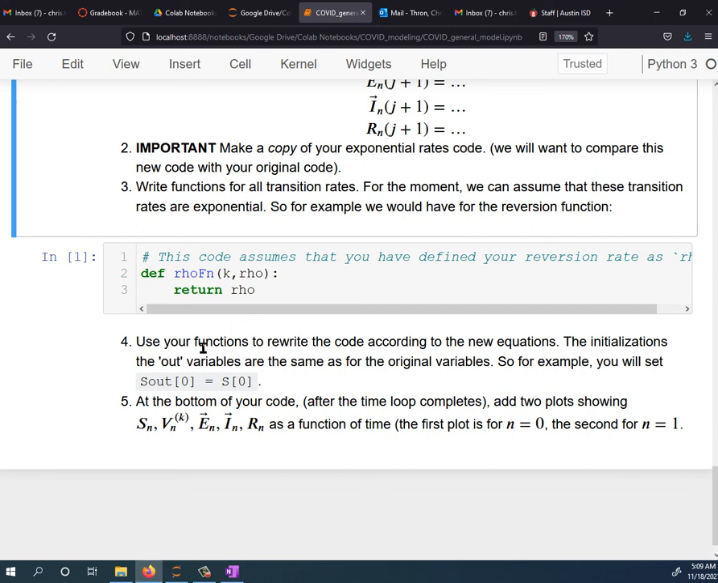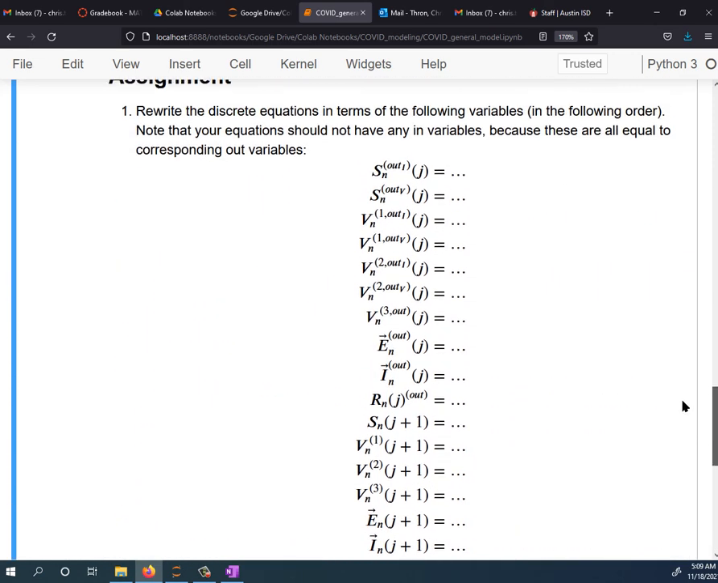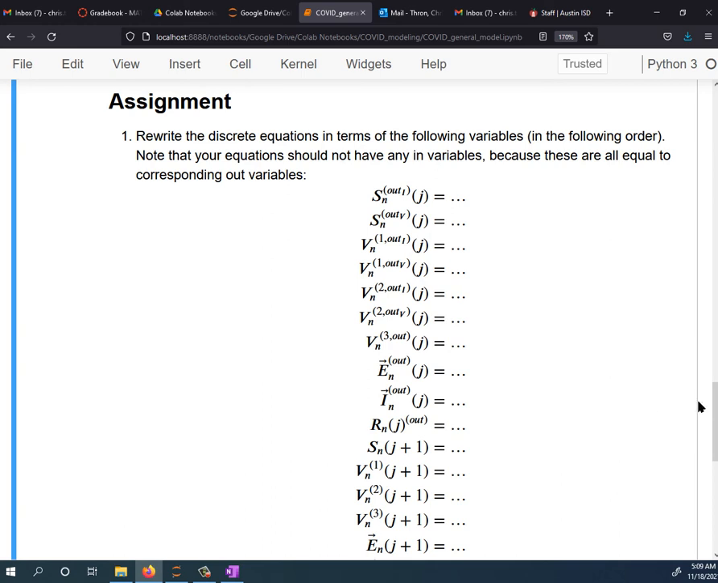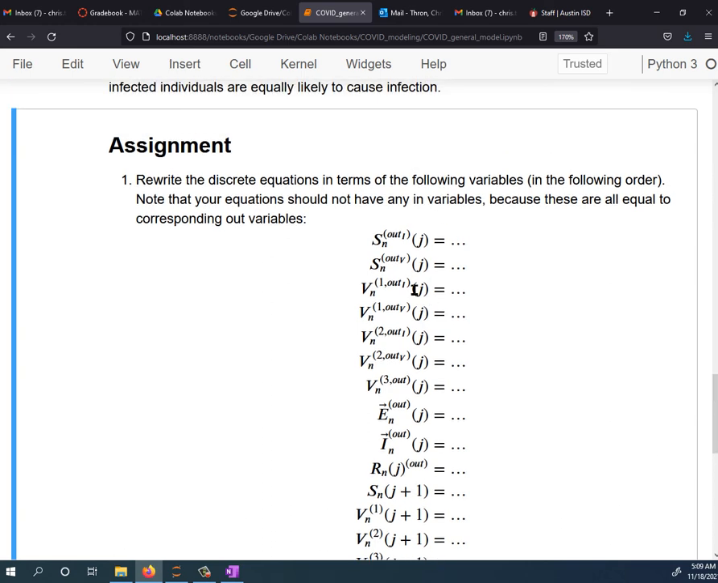All right, number 4. So this is the big one. Use your functions to rewrite the code according to the new equations. You'll have to define these functions, you'll have to implement all of these equations. So you can implement them in this order, right? And then the thing is that the complicated equations will be the out equations. These equations will be quite